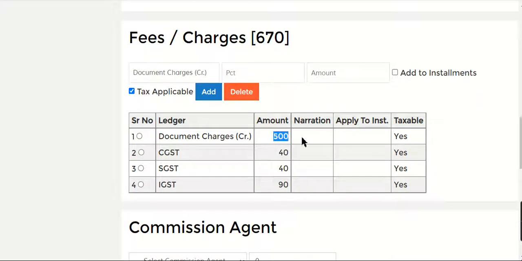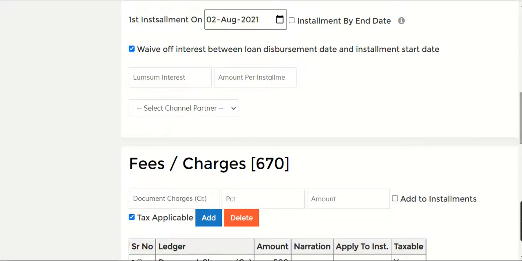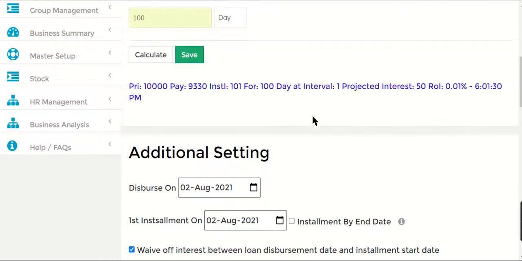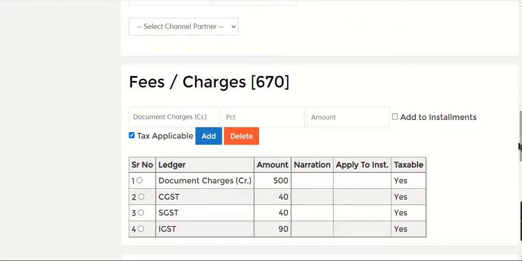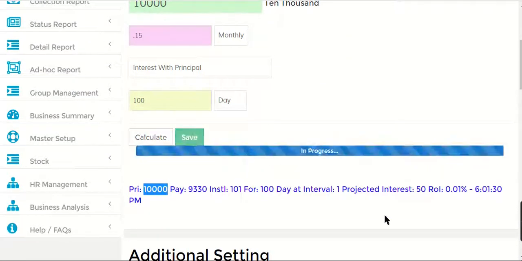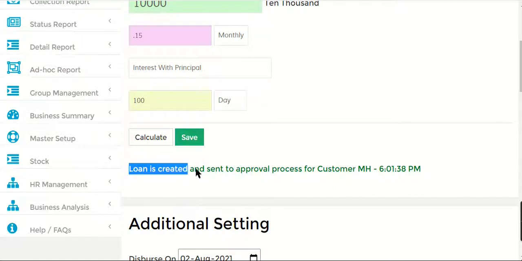So 500, 40%, 8%, 8% and 18%. Okay. Now 670. So now if you just calculate, you will get 9330, that is 10,000 minus this 670 charges, and I'm going to save this loan. Now it says loan is created and sent to approval process.